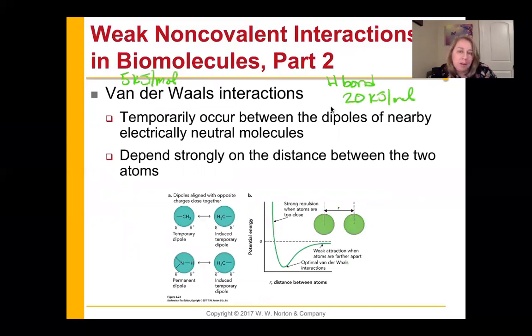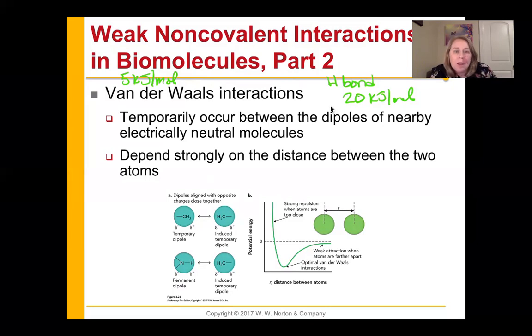So it's much weaker than a hydrogen bond, but it's really significant in biology because you can have van der Waals interactions occurring simultaneously with a great number of atoms. And so you end up with a cumulative strength that has an effect on